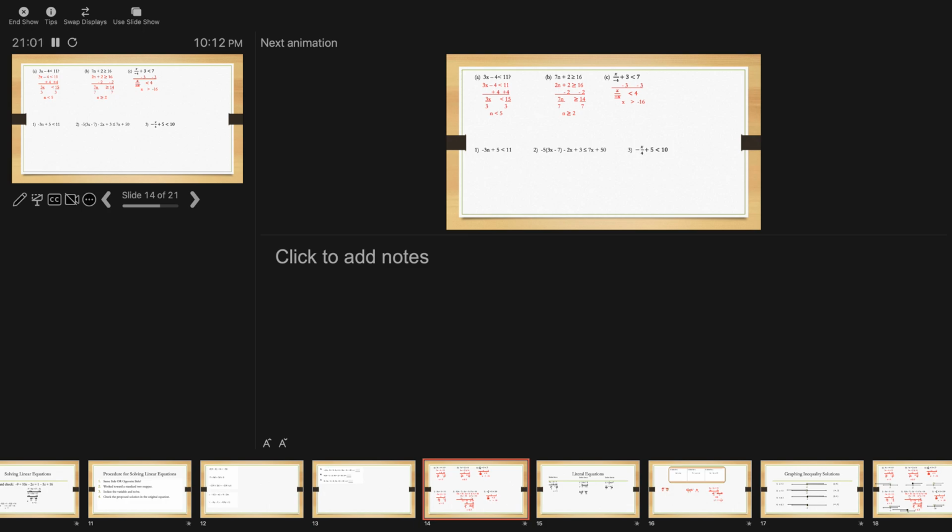Okay. We're going to come back to this slide a little bit later on, but let's see you do the answers to numbers 1, 2, and 3. Go ahead. Okay, so I'm of course assuming stop and start here. Minus the 5 from both sides, doing inverse operations. -3n is less than 6, dividing by -3